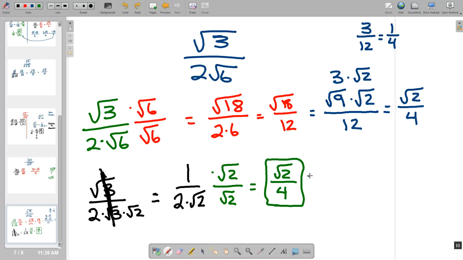So I actually saved myself 2 full steps by breaking up 6 into square root of 3 times the square root of 2 right away, which we normally don't want to do, but in this case it actually made it a little bit easier. So rationalizing the denominator is not an easy concept. There's a lot of small steps in there. The nice thing is once we get to this part, there's not a lot of difficulty we can really add to these problems. As always, if you have questions,